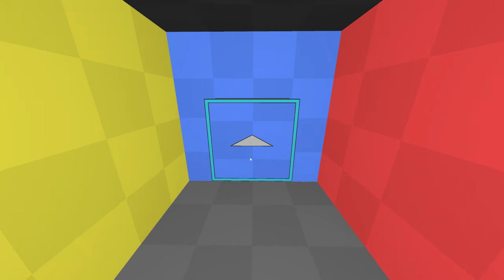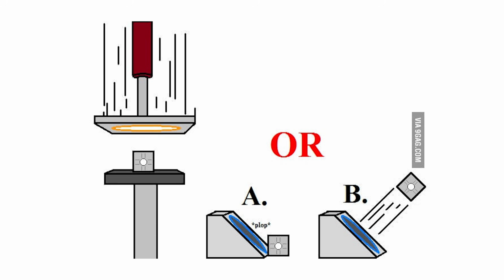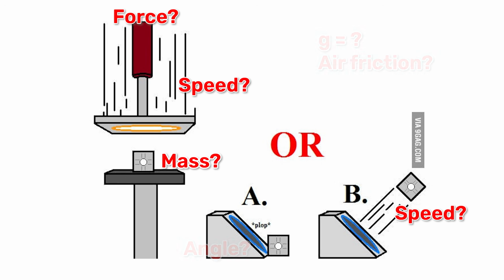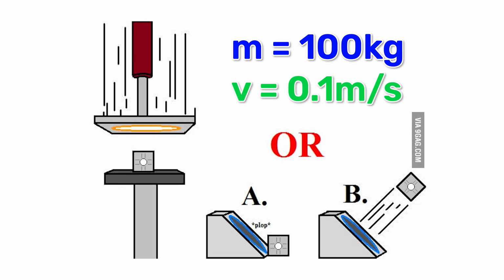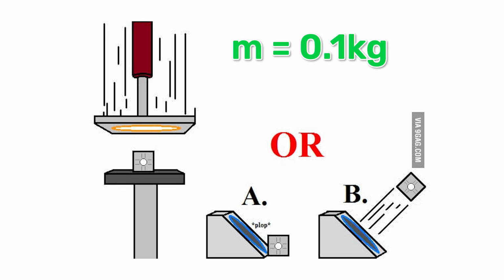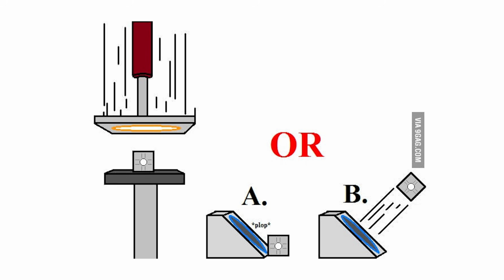Now let's consider another type of movement when only one portal moves. And we already have another community picture for this. I won't discuss it because it's just plain wrong as a question. It has no concrete values, speed, mass, force, everything. You can say that the object is very heavy and the portal is slow, therefore A is correct. Or the object is lightweight and the portal is fast, therefore B is correct. Everyone interprets this picture their own way.